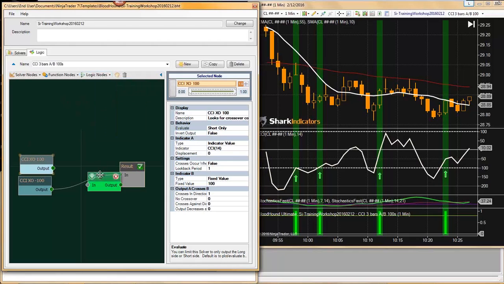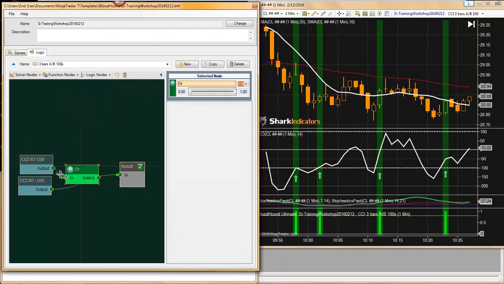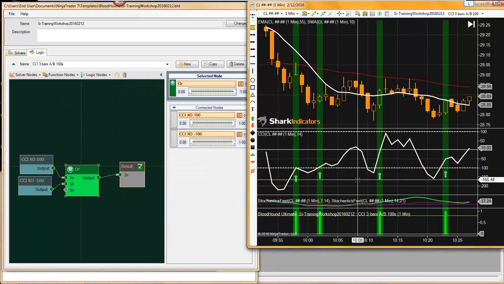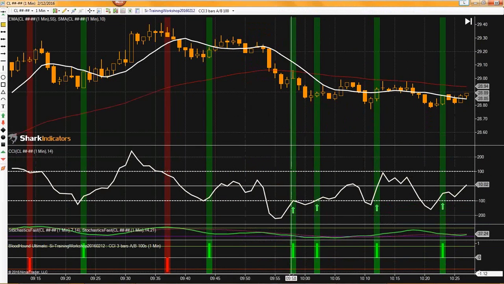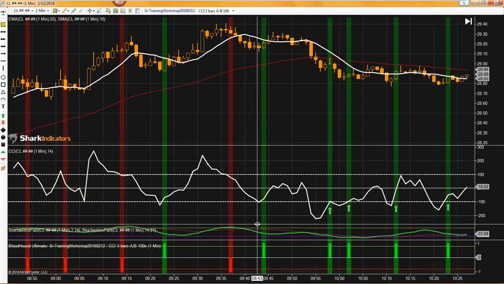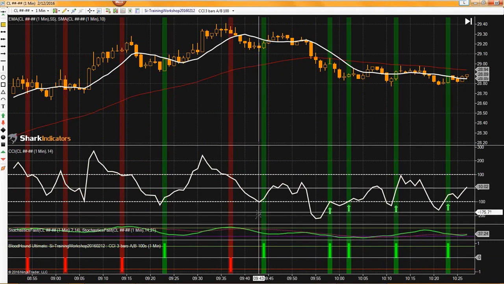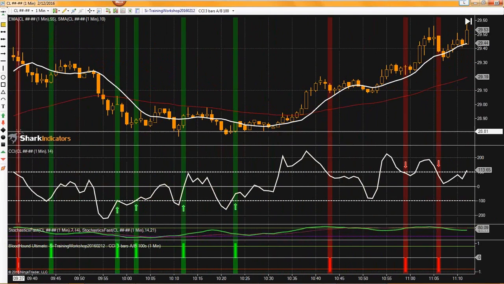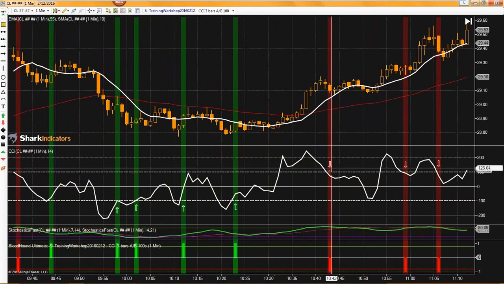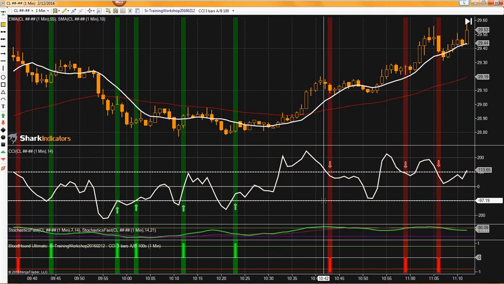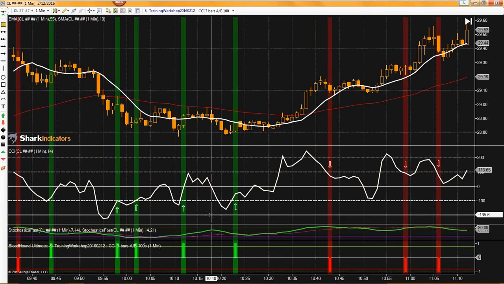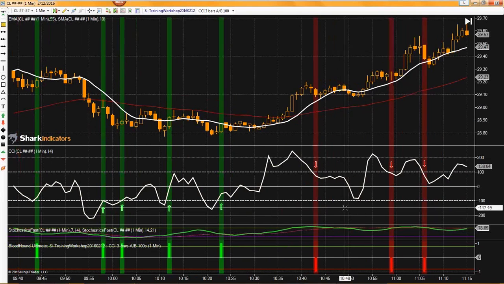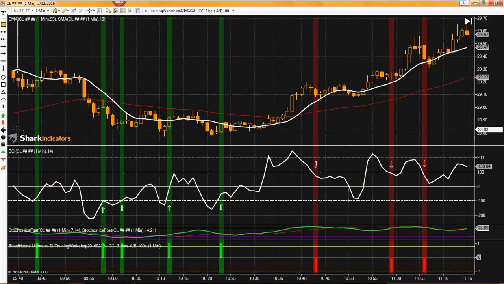So what we need to do is join them together with an OR node, like so. And so now we should see all of them. Yeah, there we go. Okay, so there's our various CCI crossing conditions. All right, so now the next step is,